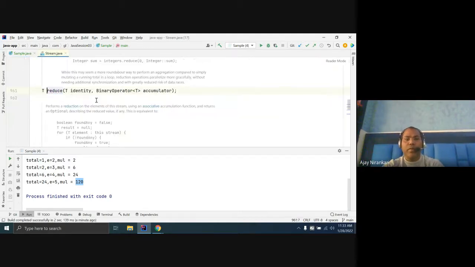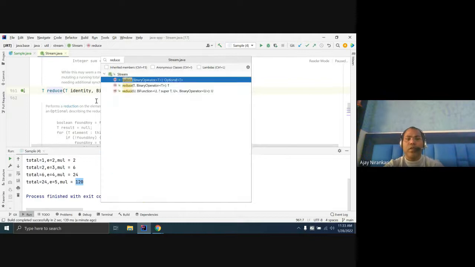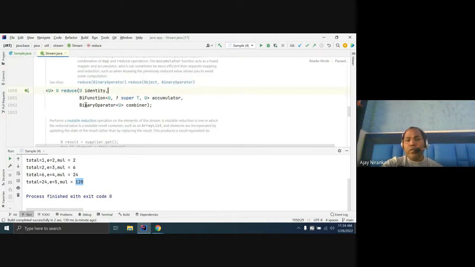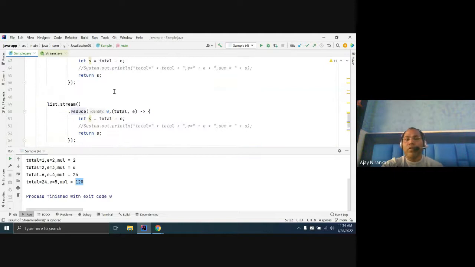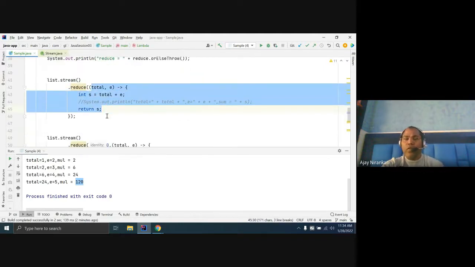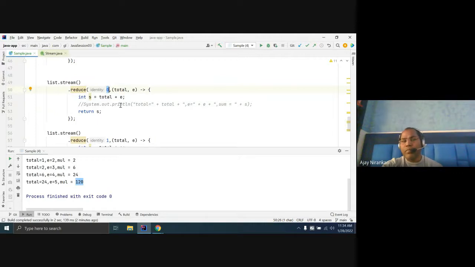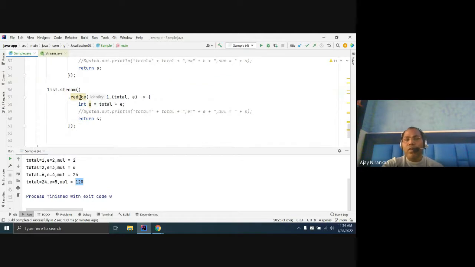If you look at the stream API and check reduce, there is the one with a binary operator, another with an identity and a binary operator, and this is one other operation which takes three parameters: one is U, another is a BiFunction, another is a binary operator. So when we use reduce, two is clear: whatever binary operator you want, you can give some initial value. Basically, why does Java give another overloaded method with three arguments?